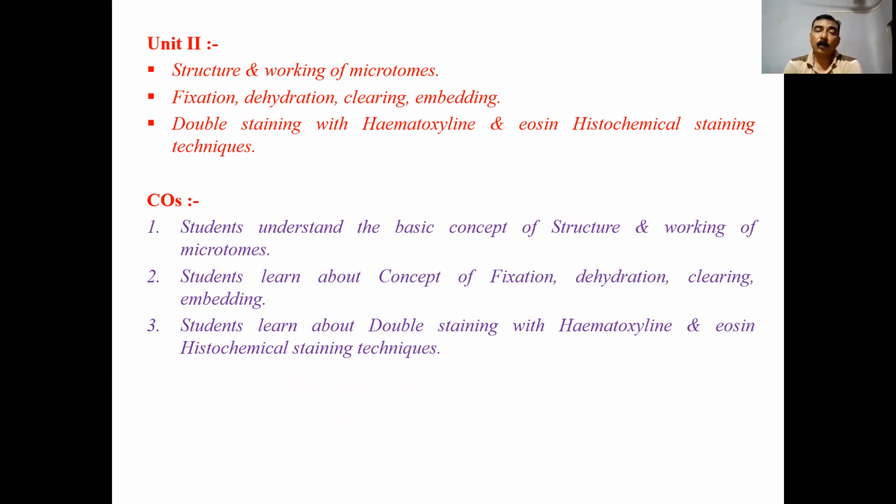With the help of moving the handle to and fro, there is a movement of the block holder ahead by that particular micron. So this is known as the working of a rocking microtome and a rotatory microtome. A wheel is there. Turning a complete wheel is a movement of the block holder. The basic principle of a microtome is the same in rocking and rotatory microtome. There is maintenance of rotatory and rocking microtomes. It is a machine, so we have to maintain the machine.